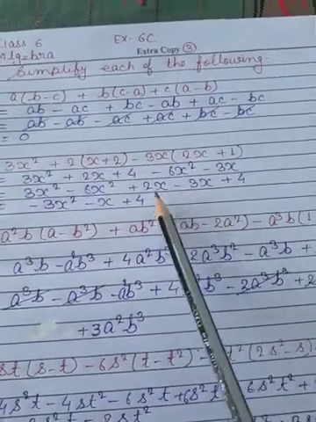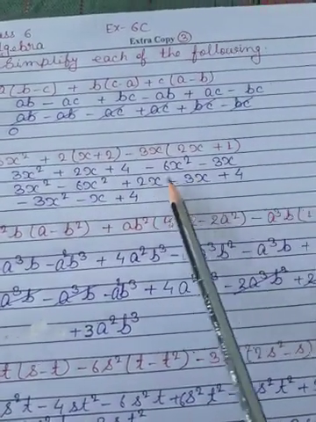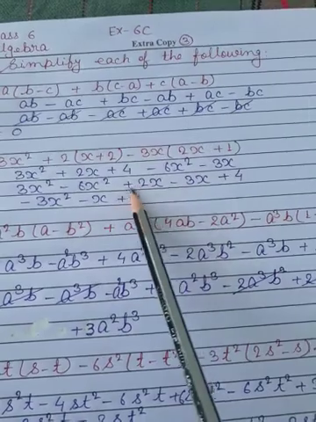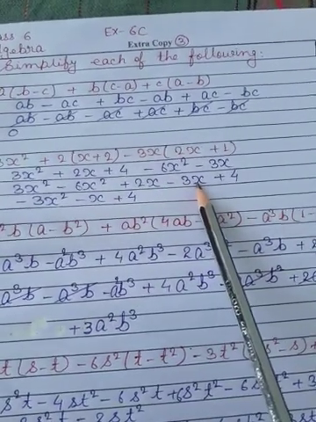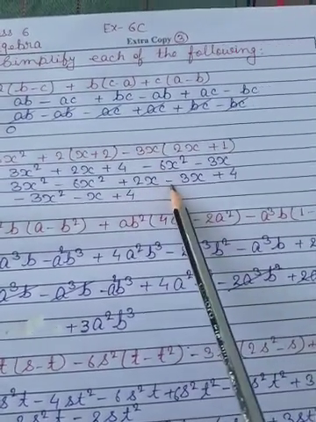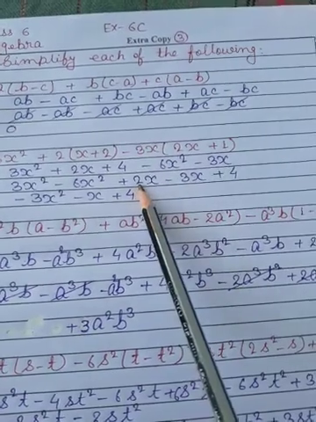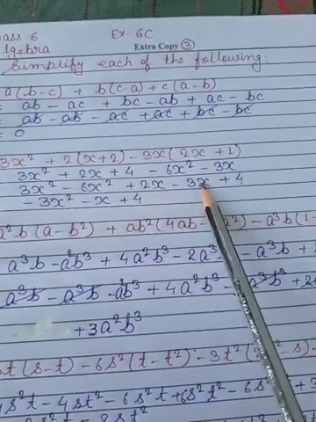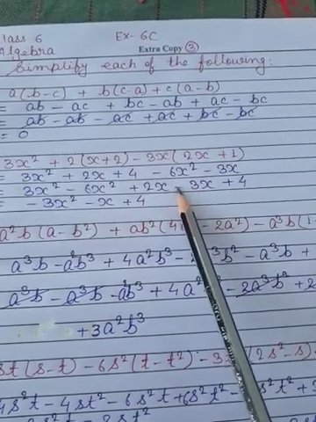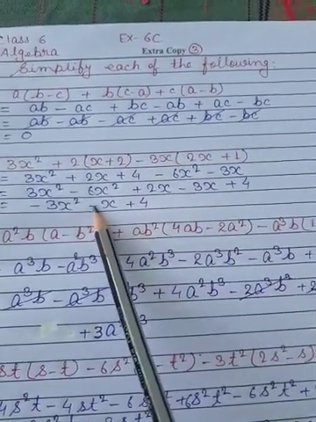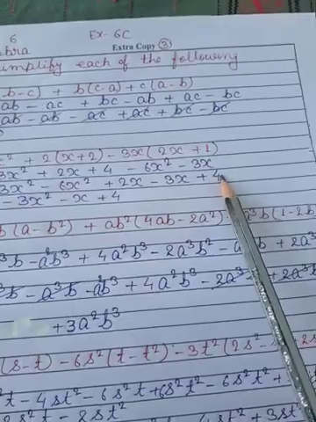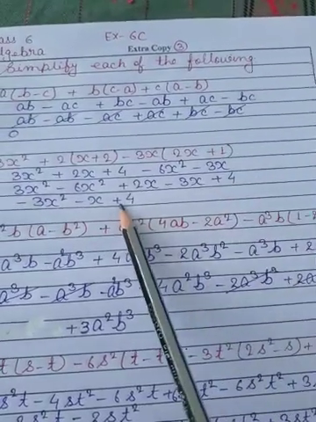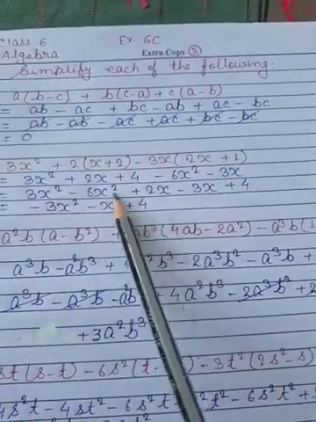Now we will solve these two separately. Always solve the common terms. Again here we have plus 2x, here minus 3x. So plus minus minus. Now 3x minus 2x is 1x, or we can write simply x. Again out of 2 and 3, 3 is greater, and 3 has the minus sign, so we give the minus sign here. Now plus 4 will remain as it is, so plus 4. So this is our final answer.